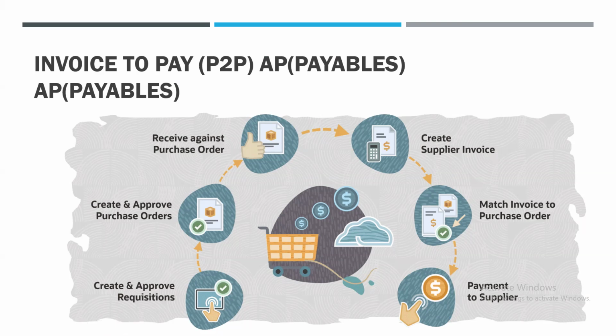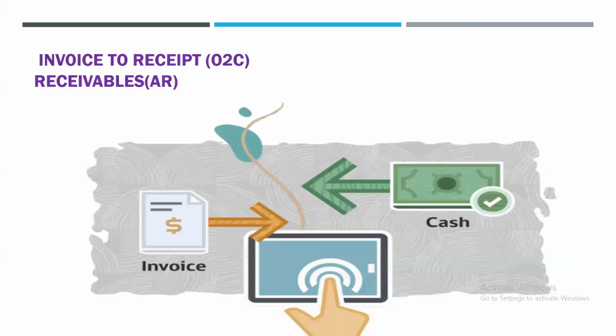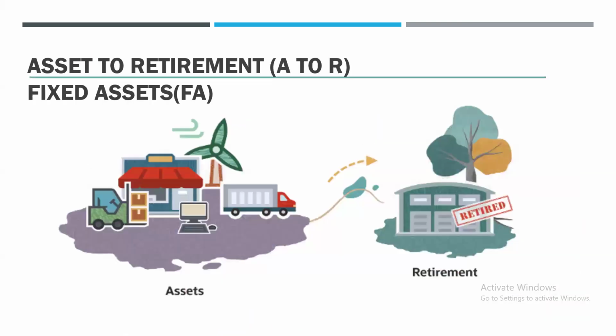Once we got the raw materials delivered to the organization, now we have started the development, production. How we can produce a car, how we can produce a product, we have to use the plant and machineries. Plant and machineries, buildings or godowns, all these are called assets. So we will maintain them in a fixed asset model. How the asset will be created, how the depreciation will be calculated, how we can manage the asset, how we can retire the asset, how we can resell the asset, everything will be maintained in a fixed asset model,